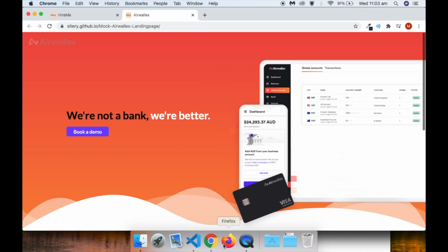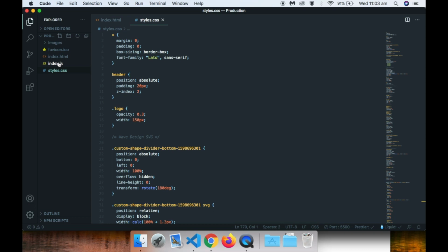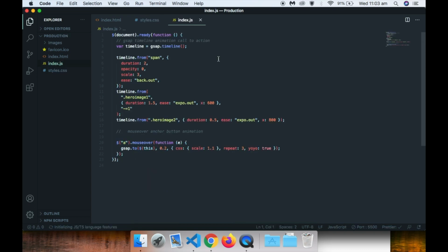And finally, we'll have a look at the JavaScript. So JavaScript was very clean. Again, used the jQuery ready function upon load. Set a variable of timeline, and then created the animation timeline. I guess one interesting thing that I've implemented here was the unitary element of minus equals 1. So I guess the way to explain it is that there's kind of like this virtual timeline that the animation follows. And if you want to